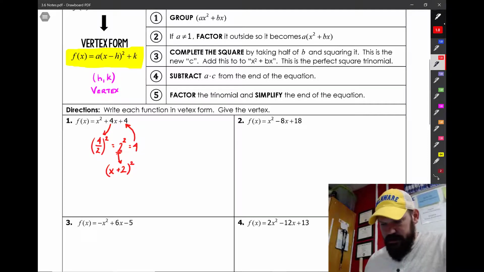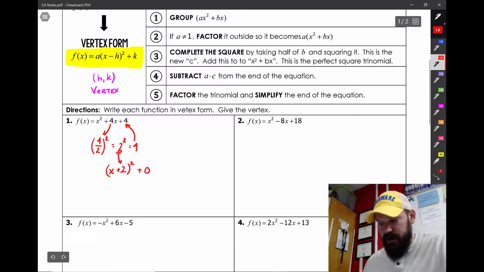So when we look at this trinomial now that it's factored, remember we've discussed this before. If we're missing a term, I think Caleb Pratt put it best when he said it ain't there. We don't have a value for k, so we can always just put a plus 0, and that indicates what our k value is. So the vertex of this quadratic